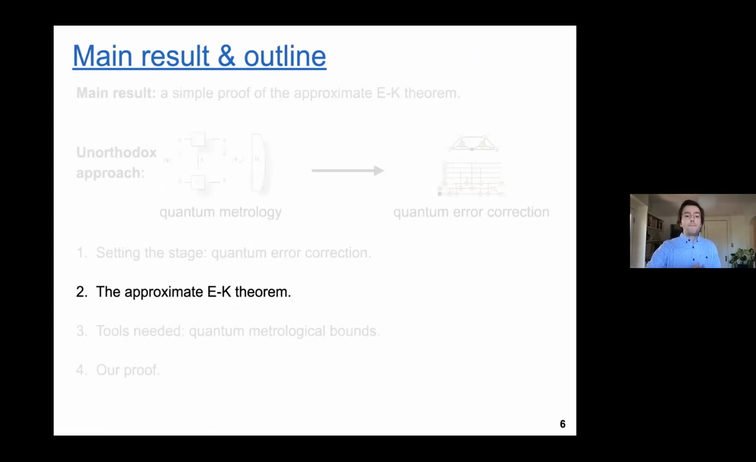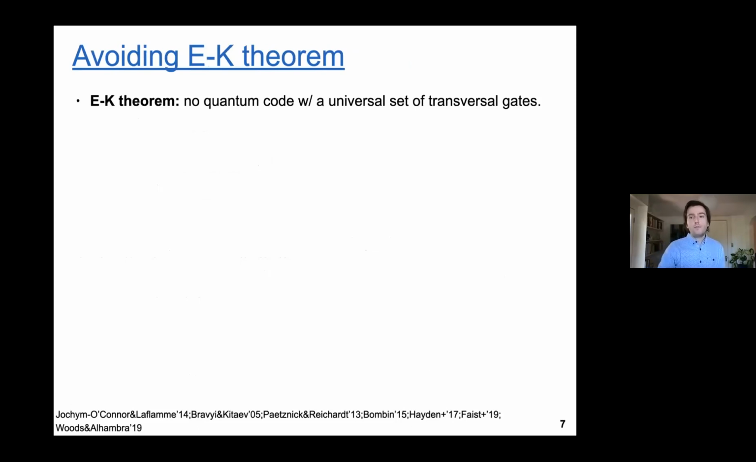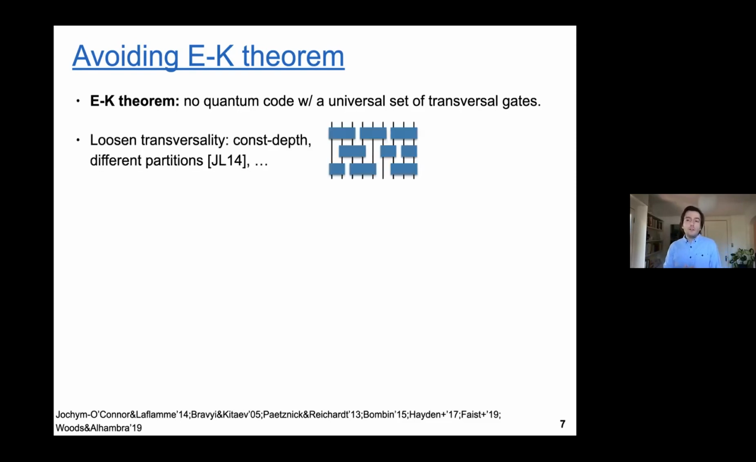So now I would like to tell you about the approximate Eastin-Knill theorem. First, let me remind you what Eastin and Knill told us. They told us that there is no non-trivial quantum error correcting code with a universal set of transversal gates. So this is a theorem. We can ask, what if we remove certain assumptions of this theorem? Will it hold? So first, we can loosen the notion of transversality, and we can consider, say, unitaries implemented via